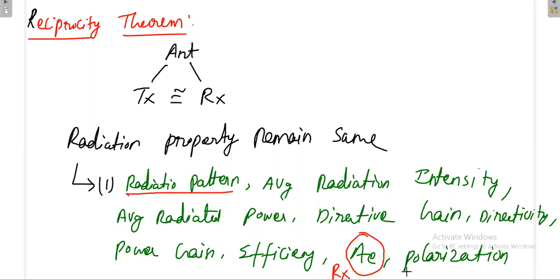And also polarization. This polarization is also very important, because you know what wave polarization is. Wave polarization can be linear, circular or elliptical. If the wave has some polarization, say linear, your antenna should also have the same polarization, otherwise your antenna cannot detect that particular signal. So the polarization of the wave and the polarization of the antenna have to be exactly the same. When we discuss polarization, we will see what happens when polarization mismatch occurs and how much power you will receive. All that we'll see in detail.